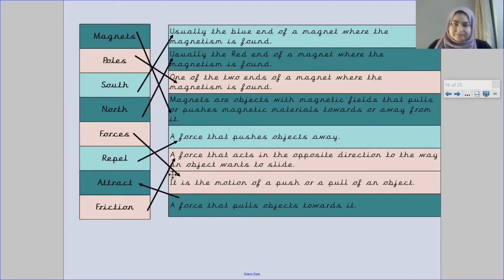And then attract is when something attracts to a magnet, okay? When it comes towards a magnet, it attracts. And friction is a force that acts in the opposite direction to the way an object wants to slide. So friction is when they're two opposite directions. Now,